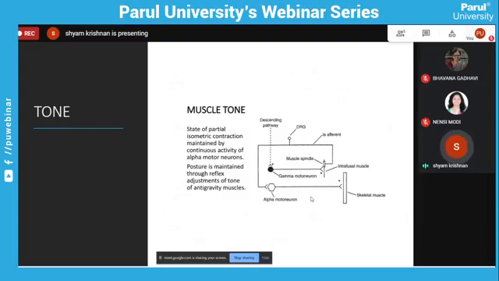Now the question is, what is the role of this gamma motor neuron? We have put another picture there of the intrafusal muscle fiber. I don't know how many of you are there right now in the meeting. Can anybody tell what a gamma motor neuron is? Anybody? Nancy? How many people are there in the meeting, approximately? Am I audible?